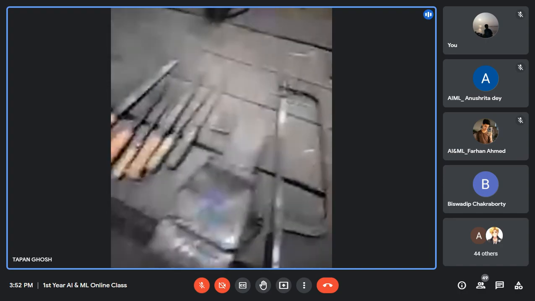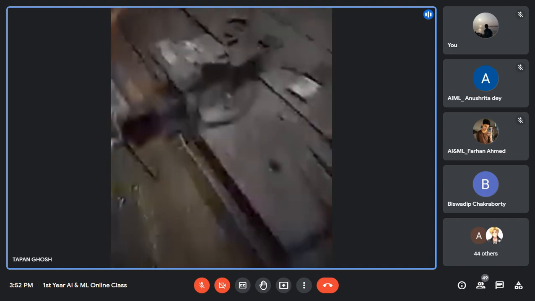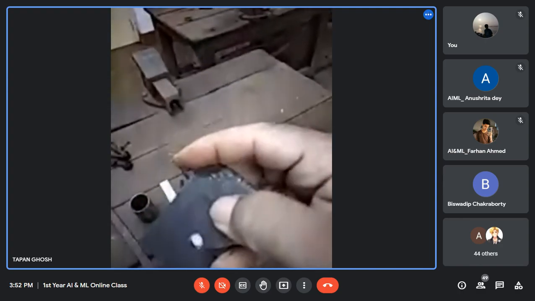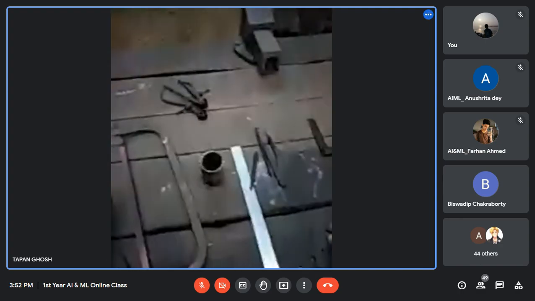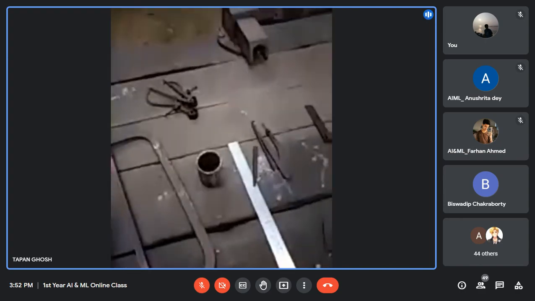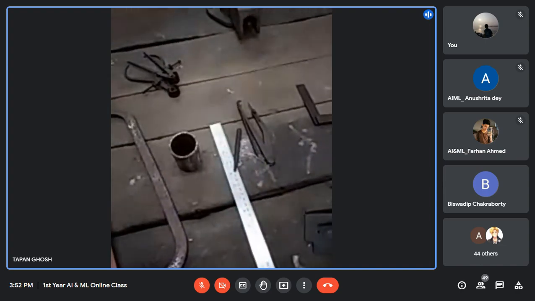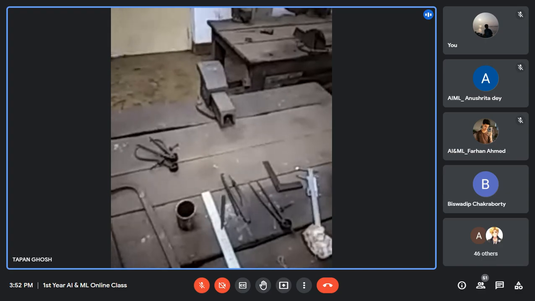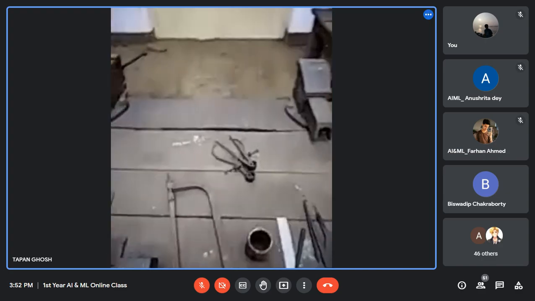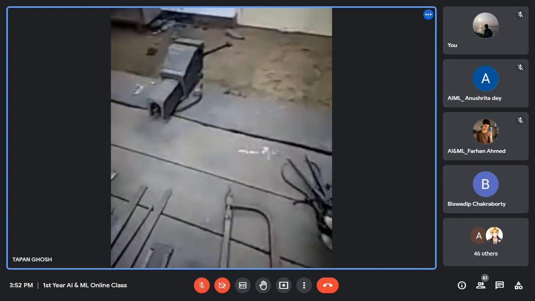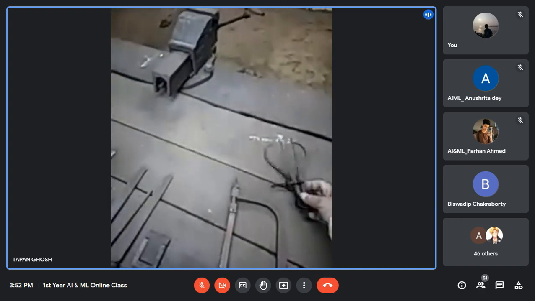If you draw any radius on the metal, you can measure the radius, and after that you have to file and cut and make its radius shape. So this is called a divider or spring compass.